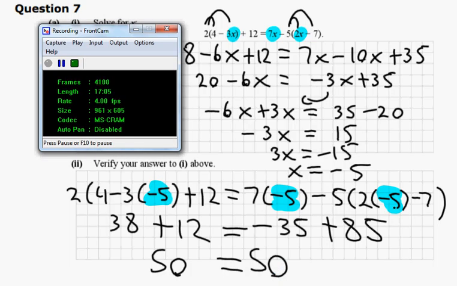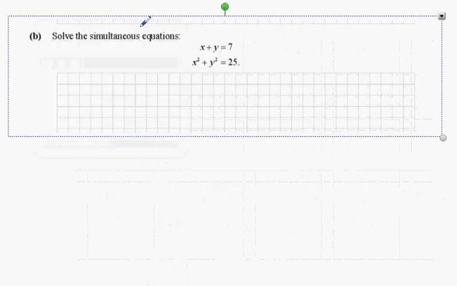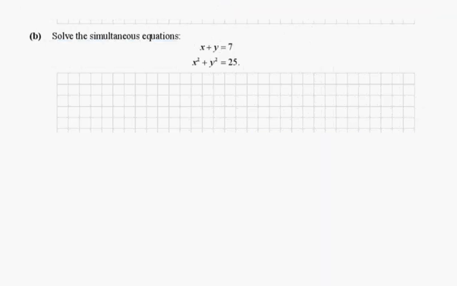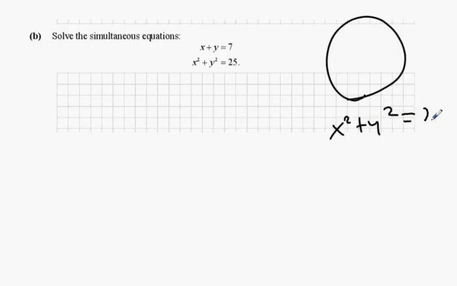Pause for a sec. Guys, this one here is basically the same, but what I did was I changed it around a little bit. I said that it's a circle, x squared plus y squared equals 25, and I said it's a line, the line x plus y minus 7 equals 0, and more than likely the line will cross